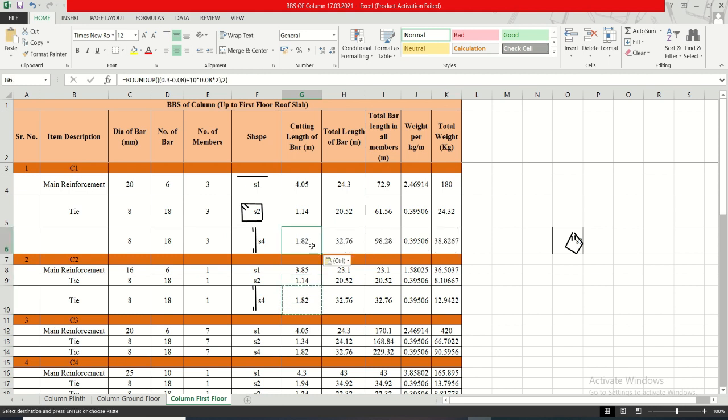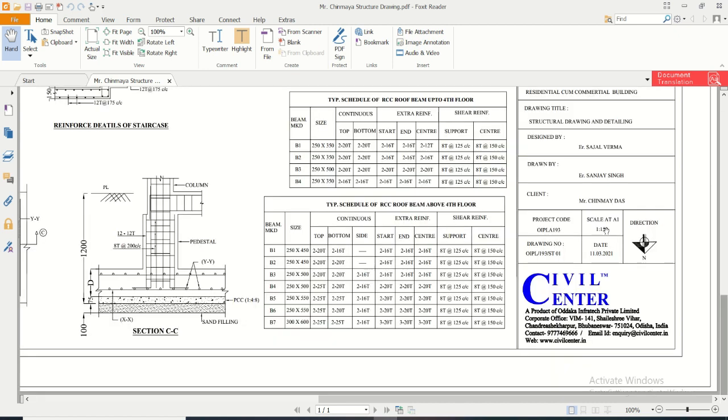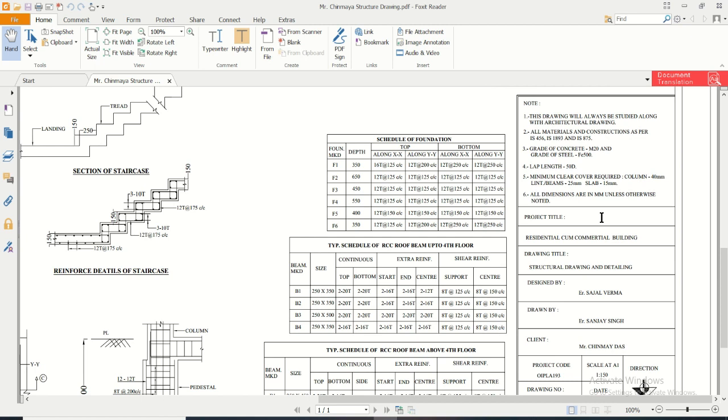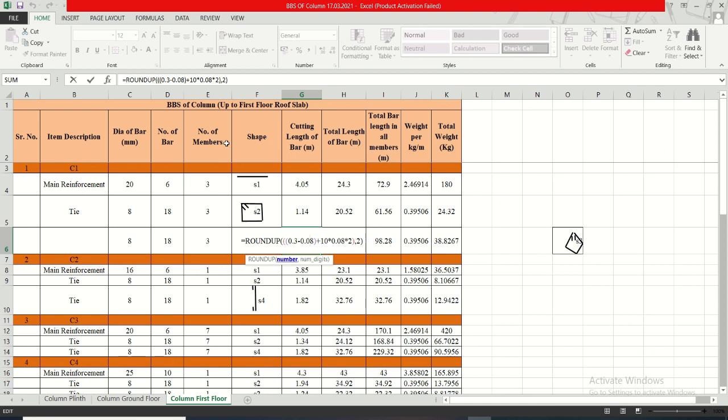I'm just pasting it and then I'll explain what the formula is. We are using the roundup command to round it up to 2 decimals. And what is this basically? If we look into this, this is 215, 315, 300. So this is 300. So we deduct 80 from 300, that is 40 mm cover for the column on this side and this side. So where is the cover written for the column? You can see here in this particular note, the cover for the column is 40 mm. So 40 mm cover is written for the columns. So 300 minus 80.